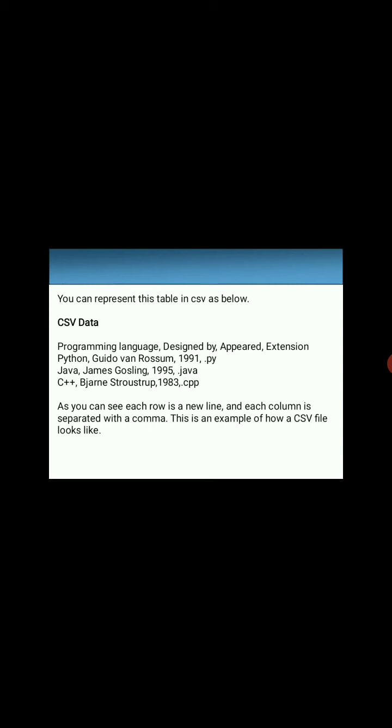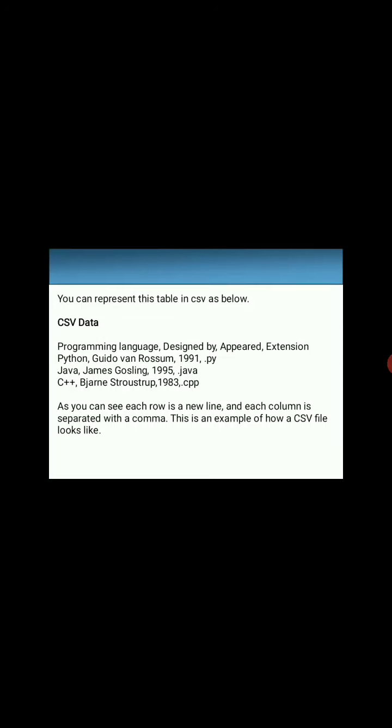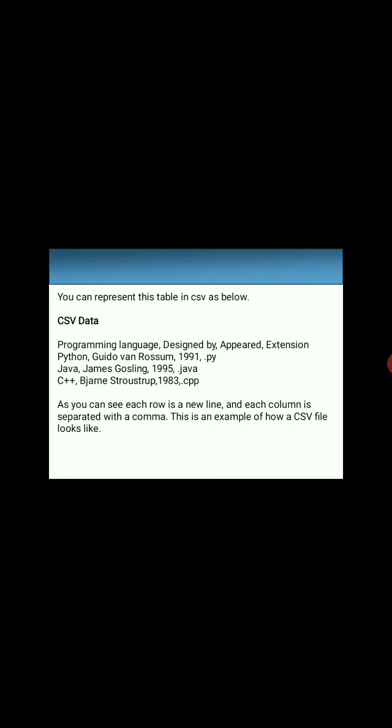Now you can see programming language, comma, designed by, comma, appeared, comma, extension. This is the first row of the previous table, then second row, then third row, then fourth row, and attributes are separated by comma here. Clear? This is an example of how a CSV file looks. Now next.